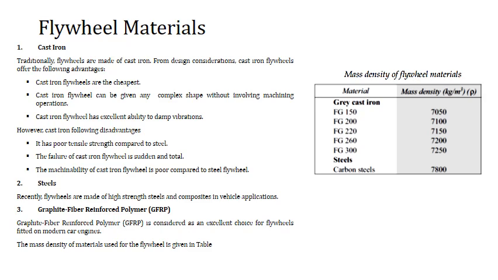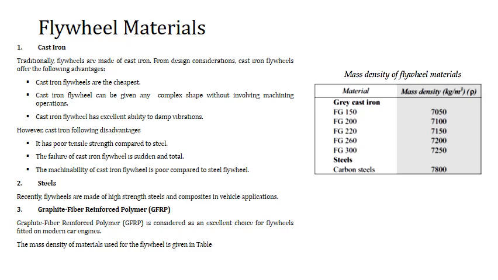Next topic of our discussion is the flywheel material. The very commonly used material for flywheel is cast iron, as it is very cheap. Secondly, it can be given any complex shape without involving machining operation, and the very good ability of cast iron is to damp vibration. So these three advantages lead to cast iron being used in construction of flywheel, whereas the disadvantages of cast iron